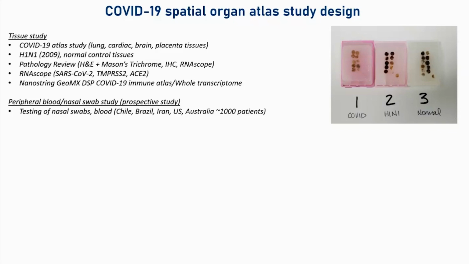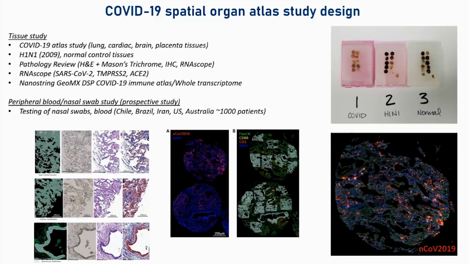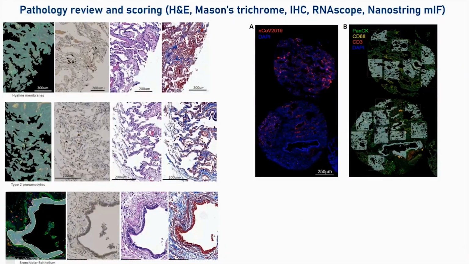We took the tissue-based findings, and then in a pre-Omicron study, we looked at those genes in the blood and nasal swabs in about 1,000 patients in a cross-sectional multi-cohort study, again, pre-Omicron, where it wasn't rampant across the world. And so we could localize the virus in the tissues using RNAscope. This is a depiction of it on the bottom right. The areas in red are tagging where the viral infections are in the lungs. And so we could identify regions within the tissue that we wanted to profile based on that.